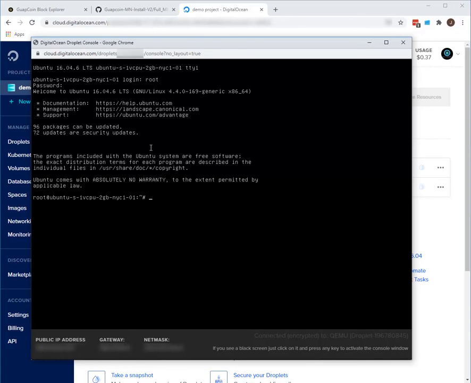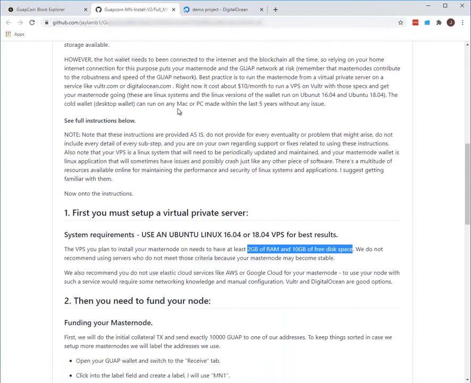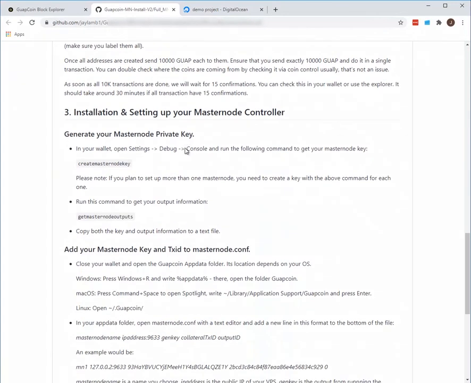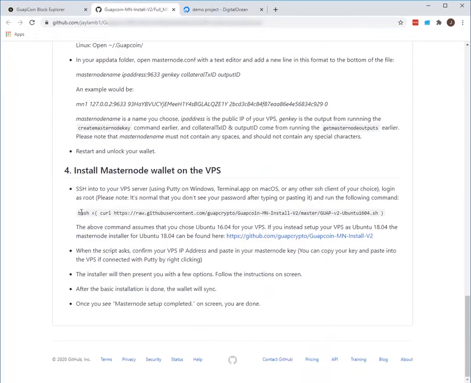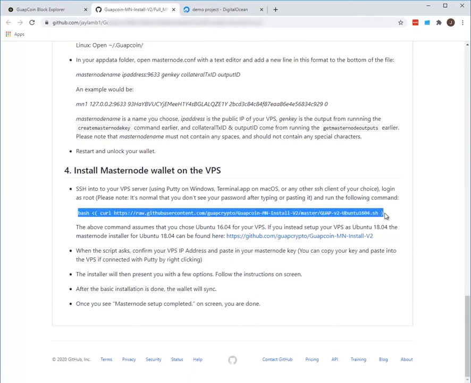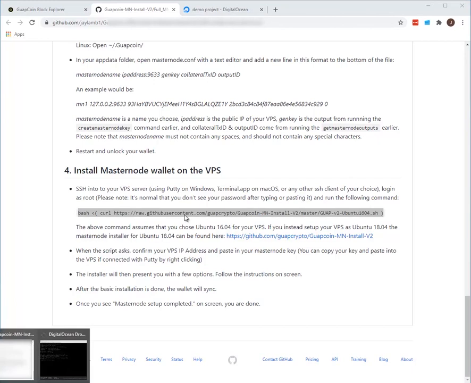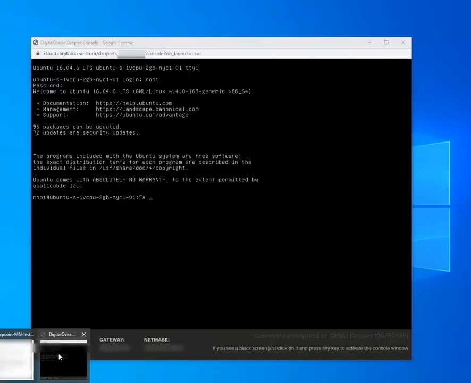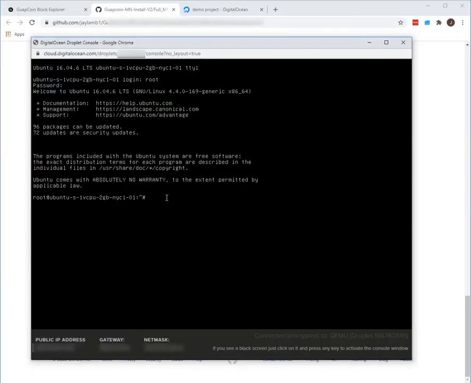Now we're going to click back over to the GitHub file. We're going to scroll down here, and this is what we're looking for. Go ahead and copy all of this. Again, this is why I'm showing you how to do this on the DigitalOcean one, because instead of having to type all of this out, which could be quite a pain, you can just do the same thing. Control V as in Victor, and it'll paste all of that in, so we don't have to retype it. Hit enter,